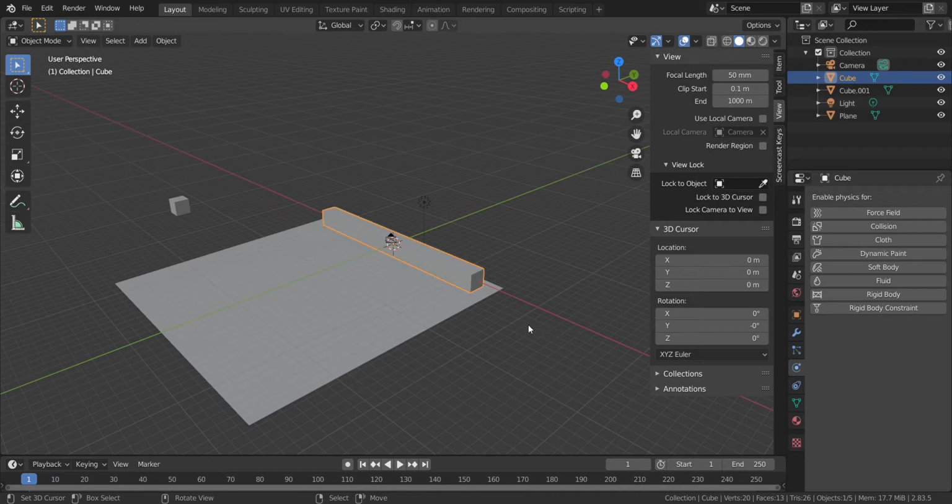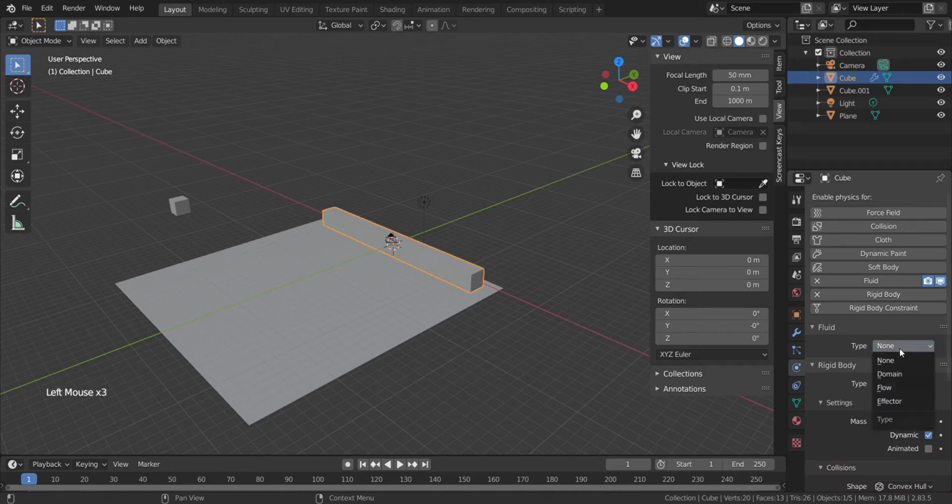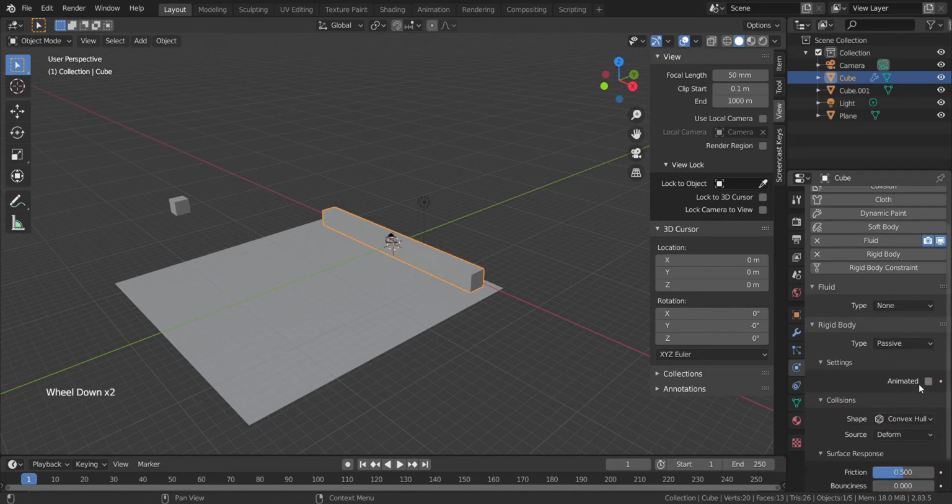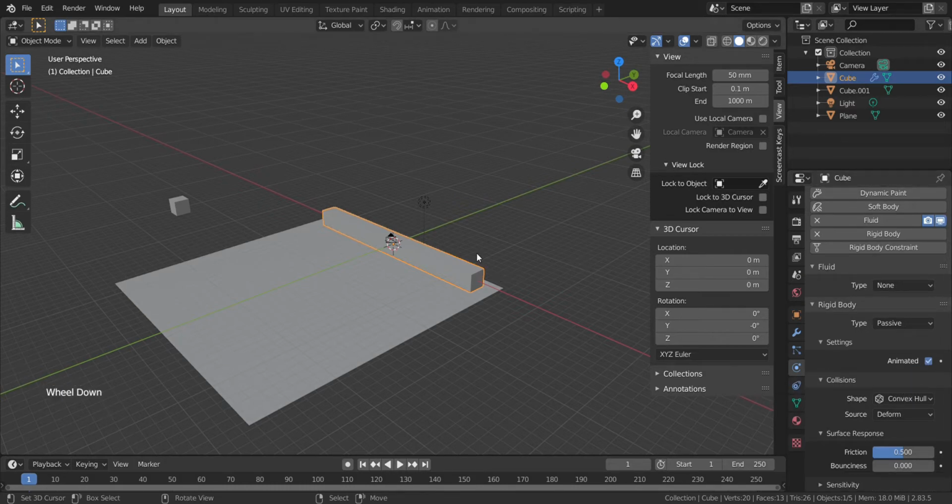After selecting the cuboid, again we will be going to the rigid body section, type passive, and then we have to animate it because our cuboid will be moving back and forth, and then shape to mesh. That's it.